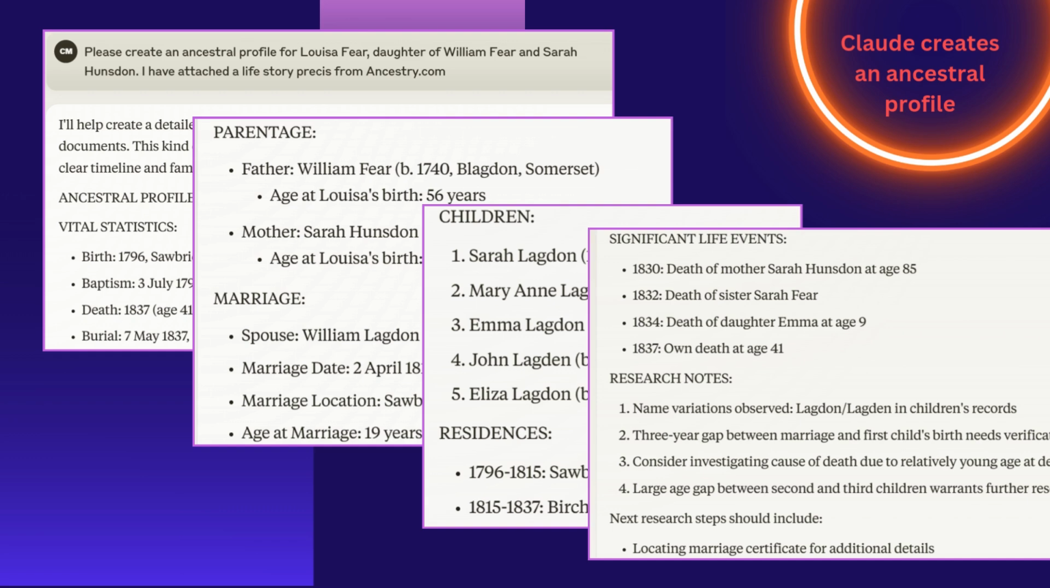So I've just asked for it to create that ancestral profile from the life story précis uploaded. Now, working through the completed example on the screen for you, it shows the results under the headings of vital statistics. It drew out the birth, baptism, death, and burial dates for Louisa. Then the parentage gave me the